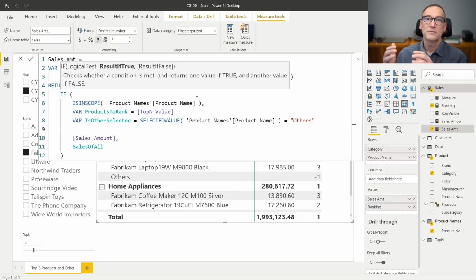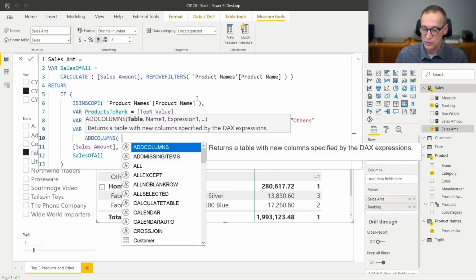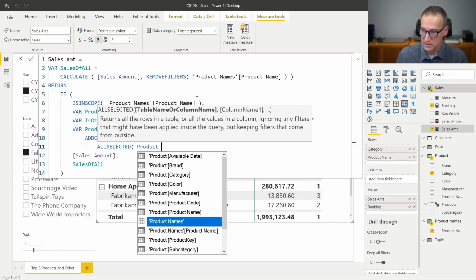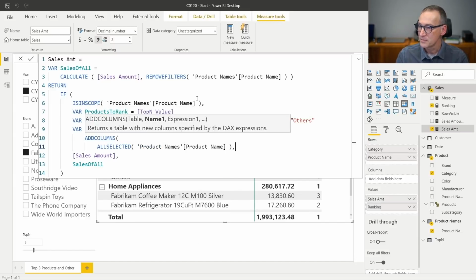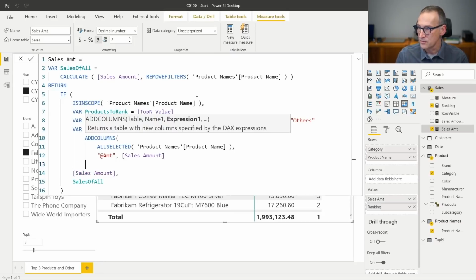Now I need the sales of the top 3. In order to compute the sales of the top 3, I create a temporary table containing the product name, the sales amount. I will extract the top 3, and finally I will sum the sales amount of the top 3. So I need another variable, which I call products with sales amount, where I use add columns to all selected product names, product name. And I need a new column, amount, which is the sales amount.